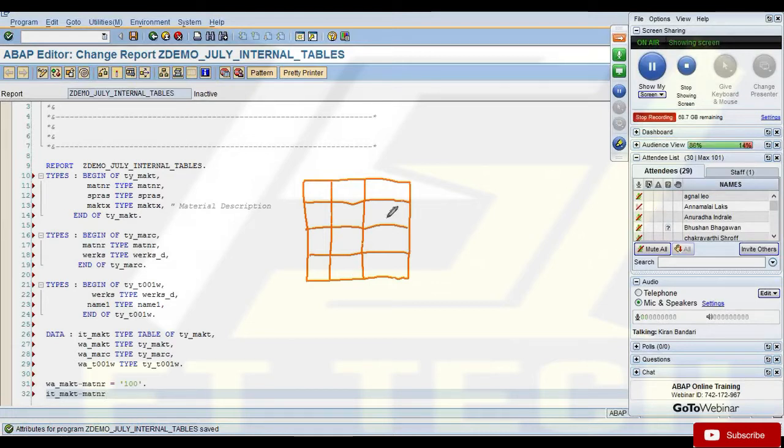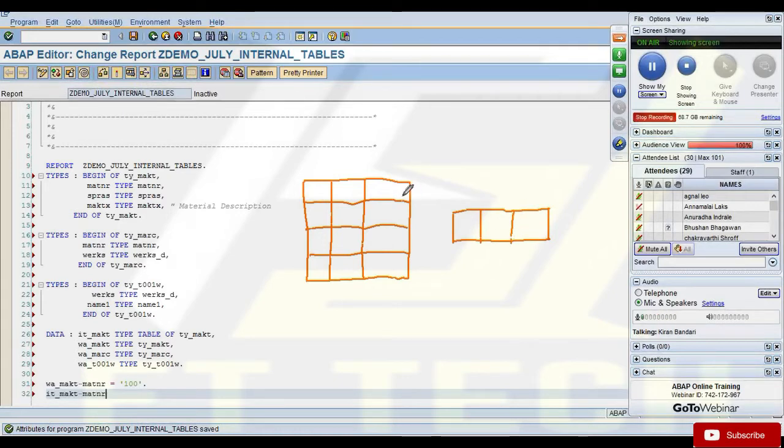So let's say you have some data in this internal table and you want to process this data. How do you do it? To process the data in the internal table, you define one work area, a structure, which is of the same line type. That means this structure should also have the same number of fields in it as your internal table. So now this structure will also have the same three fields in it, MATNR, SPRAS and MAKTX.